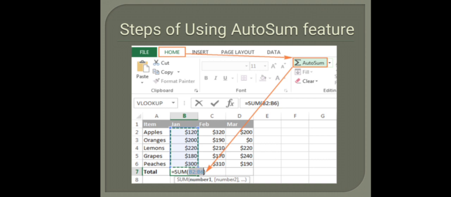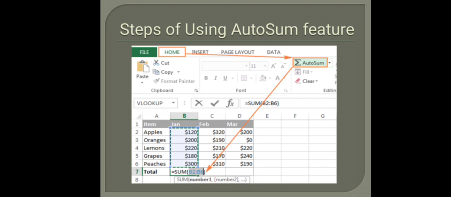Now the next is, what are the steps of using the auto sum feature? Firstly, we have to maintain a worksheet like this given below, with the item, then month names, and then values. After that, select the resultant cell in which we want to display the result. Here, we have selected B7 as the output cell. After that, click on the home tab. In the home tab, editing group, you will find the option auto sum. Click on auto sum.